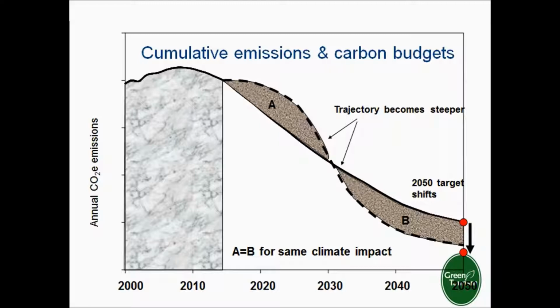The graph shows 2 areas, A and B. If we do less in the next 10 years and we don't really reduce our carbon emissions, we end up having to do more in the following 20 to 30 years, if by 2050 we're only going to see a 2-degree temperature rise. So that graph is really indicating the journey we need to be on to achieve only a 2-degree temperature rise